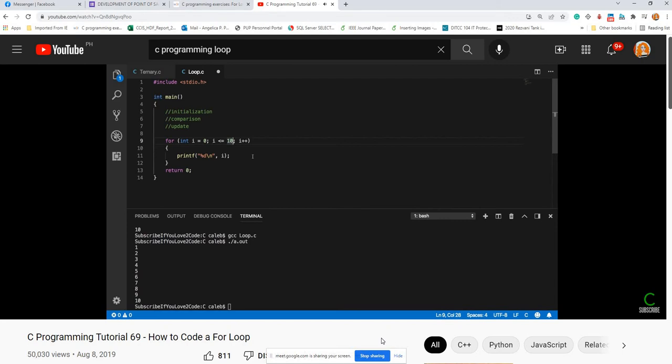So just for consistency and for my sanity, whenever possible, I always try to keep this side on the less than, and this one just stays normal, so I can change this however I want. If I want to go from 1 to 9, it would look like that. If I want to go from 0 to 9, it would look like that. And the main thing is just consistency. If you truly understand the beginning and the end, then it's a lot easier, but I always find myself getting